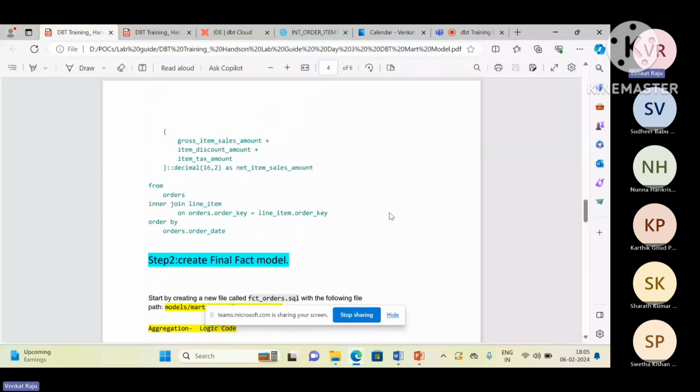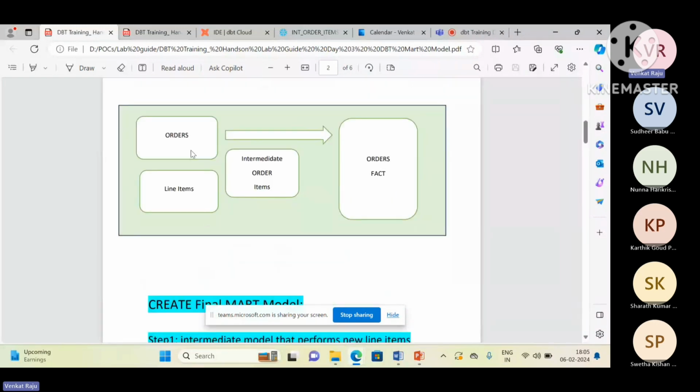That is already there, right? So orders and line items, we created these two models. So this data is available in Snowflake because these have been created as either table or view. Anything is fine. Both these tables are available in Snowflake. So now what we are going to do today, we are going to create two more downstream models where we